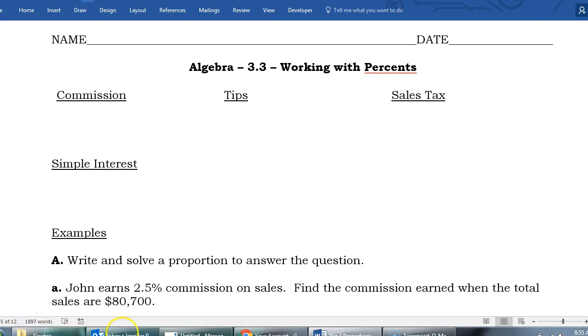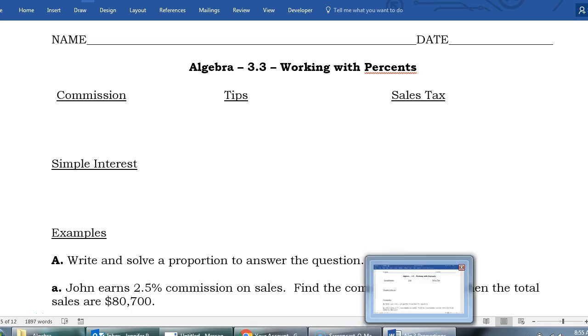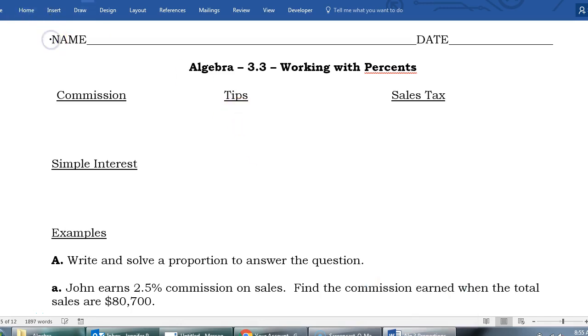This is Algebra, lesson 3.3, working with percents. So, we're going to do a couple definitions first of all. Commission would be a percentage that a salesperson